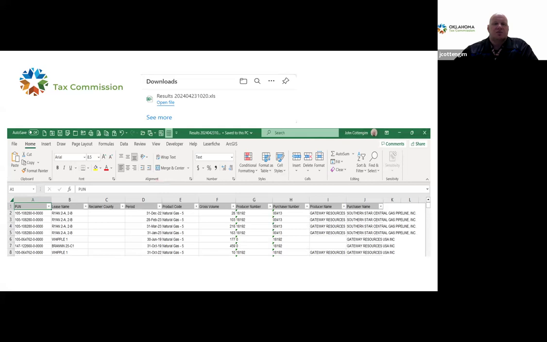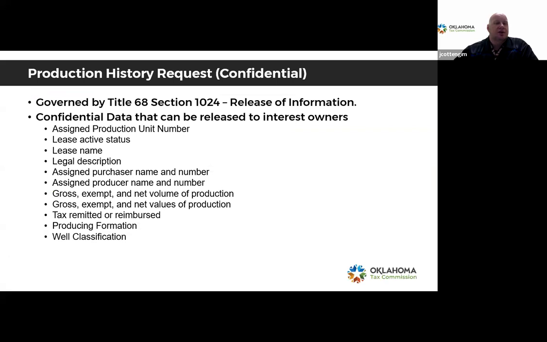So let's say you need more than the volume information. Let's say you're the actual purchaser, producer, or maybe an interest owner in the lease, and you want some confidential information. So the confidential information request is also governed by Title 68, Section 1024, Release of Information, and the confidential